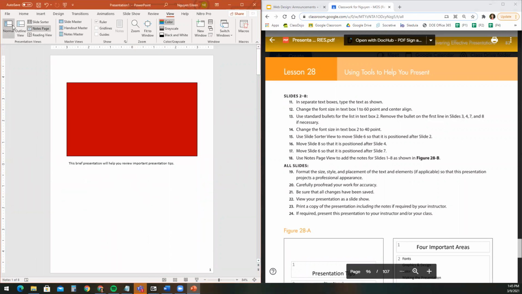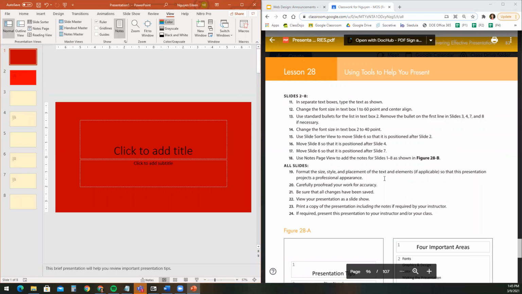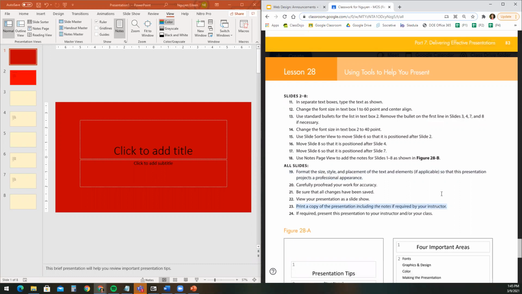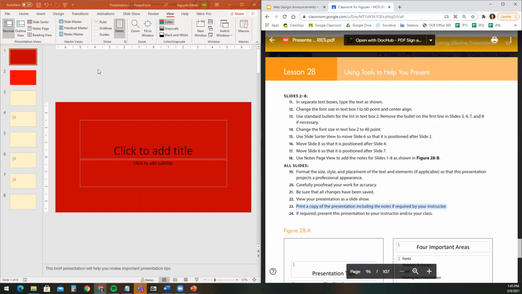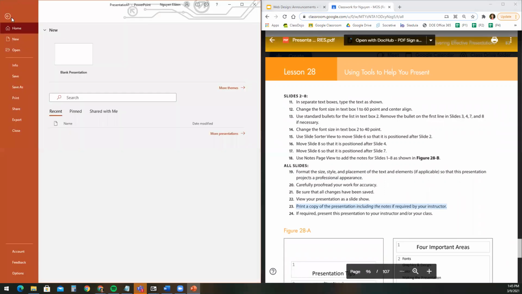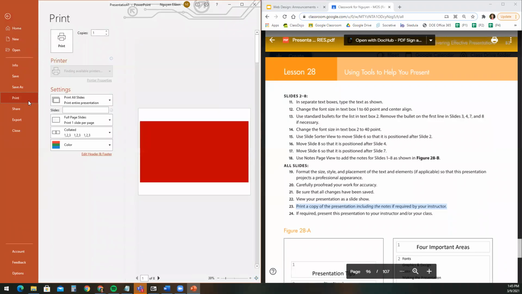Okay, so anyways, let me go back to the normal view. Then at the end, all slides, you're supposed to format it and make it so it's professional, proofread, view your presentation, print a copy, including the notes if required. So you don't have to print the notes. I mean, if you were to go to file and print